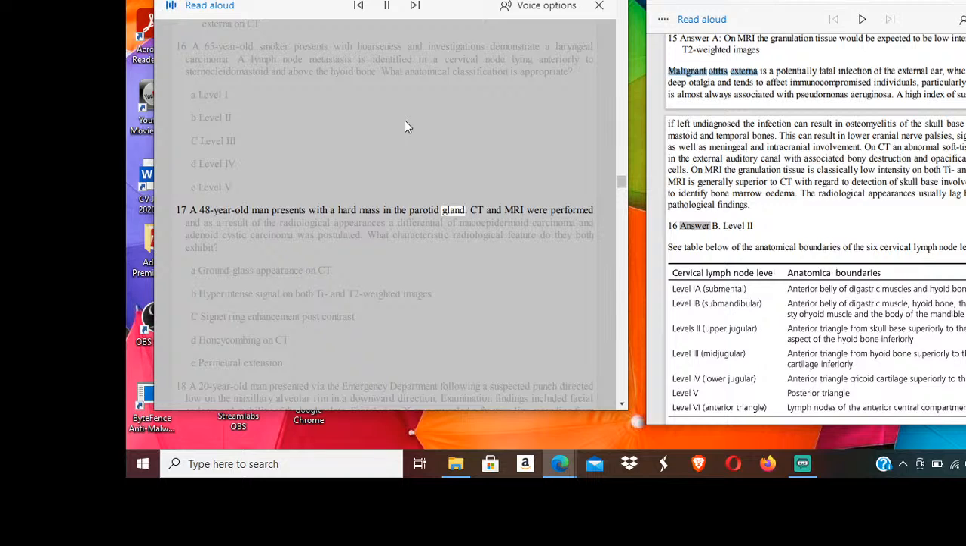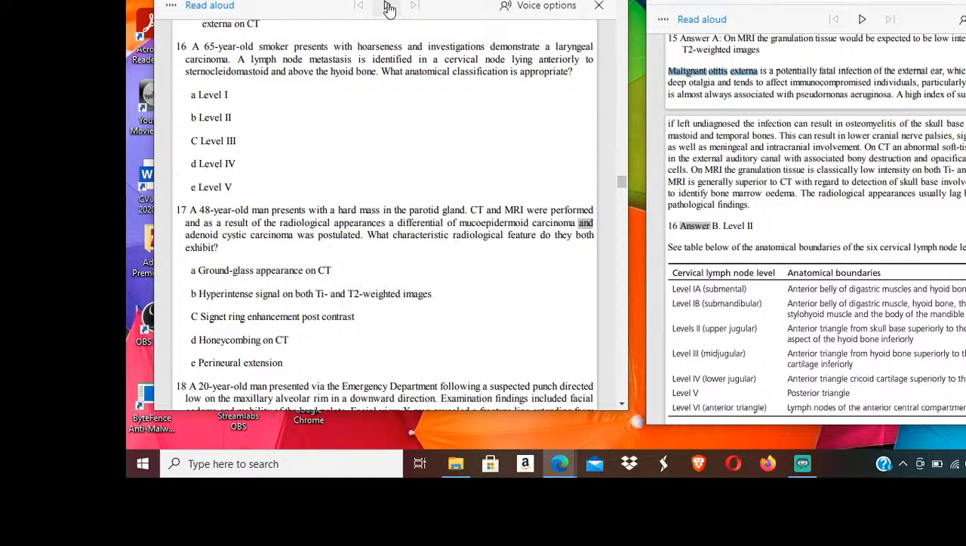17. A 48 year old man presents with a hard mass in the parotid gland. CT and MRI were performed, and as a result of the radiological appearances, a differential of mucoepidermoid carcinoma